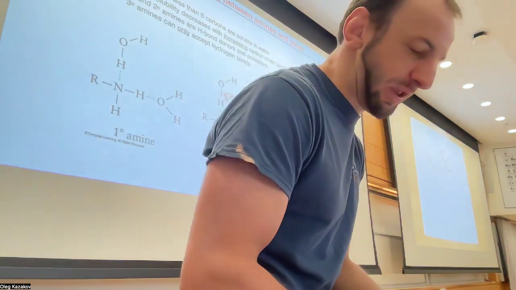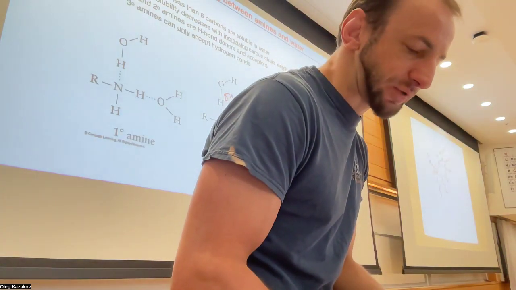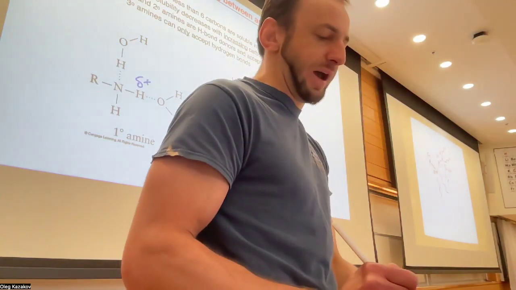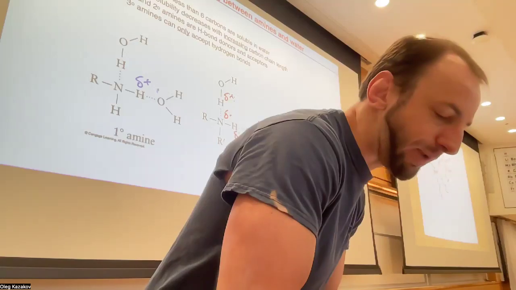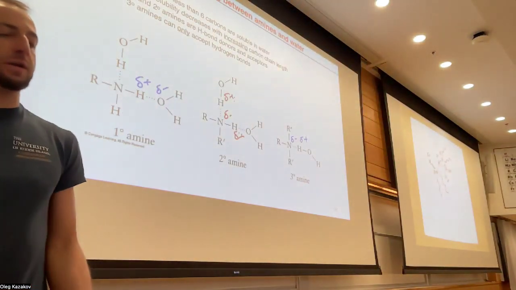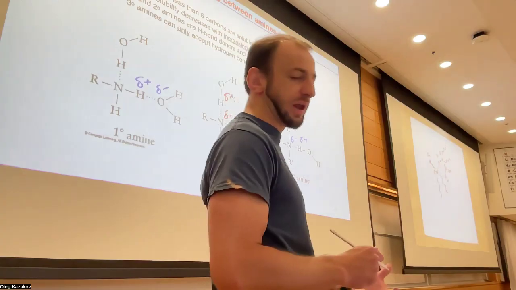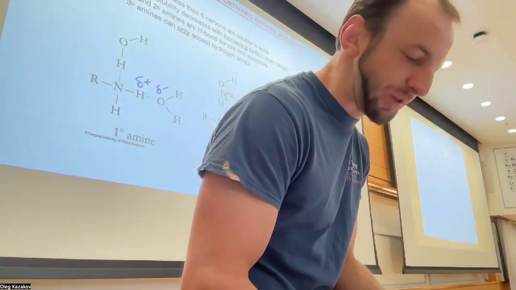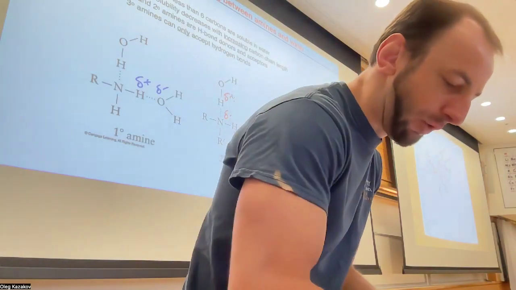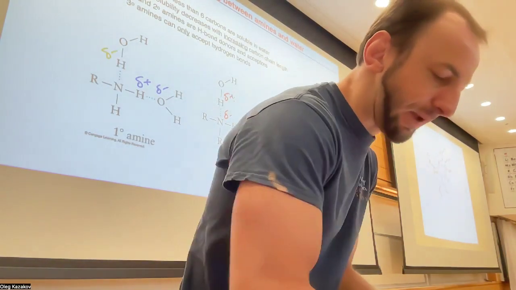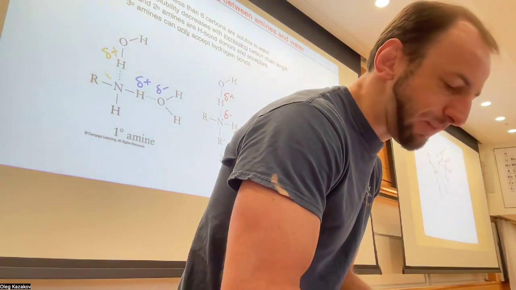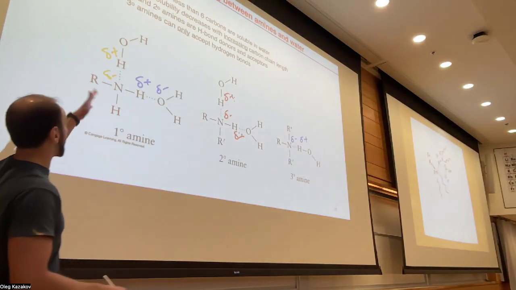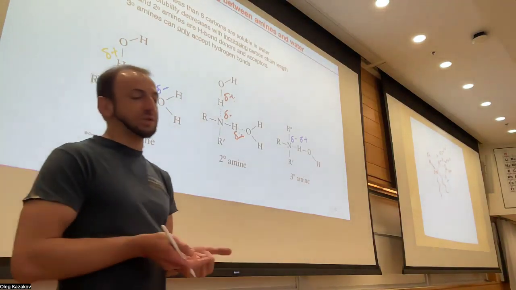So if you look here, for instance, what else do we have? We can see there is a delta plus on the hydrogen and a delta minus on the oxygen of the water. They can also be aligned that way. That's okay. Maybe you'll also have a connection between the hydrogen of the water, which is delta plus, and the nitrogen of the amine, because it's delta minus. So they can be put next to one another, and that's fine because the opposite charges will attract.